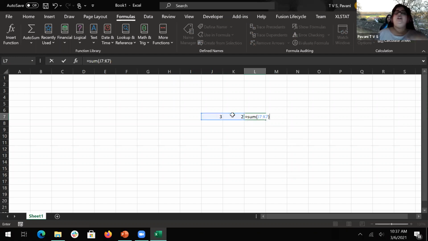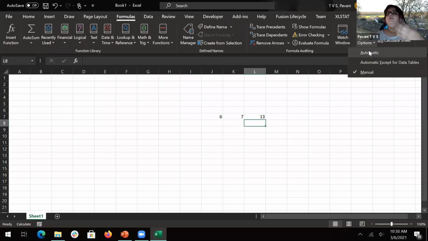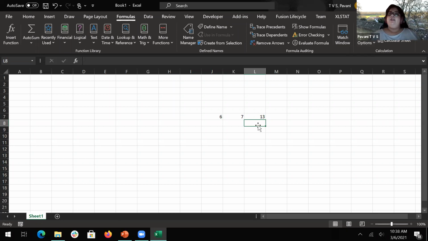So once I save the sheet and reopen it, if I change the numbers, it will not do any action. If I click on it, then only it will do it. So that is the importance of automatic or manual. It depends on what your requirement is, and you can play around with that.